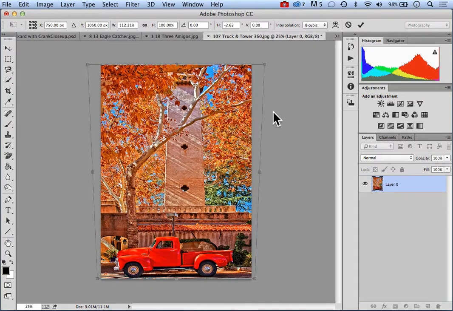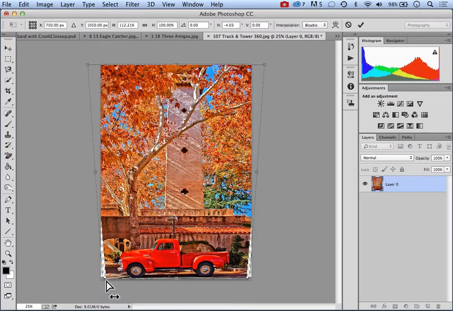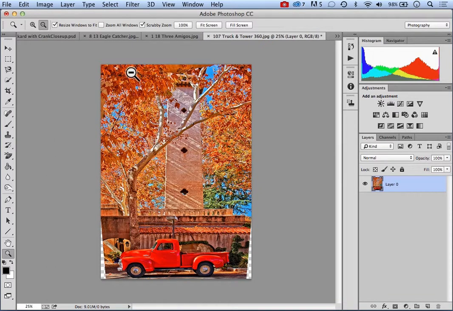Now the only problem is I'm getting some distortion on the truck here. I'll bring him back to look more natural. But at any rate, you can play around with this and you can make it more realistic, where you can see the bottom of the tower is not as significantly different as the top. So that's one thing that we've never talked about before. I want to go to,